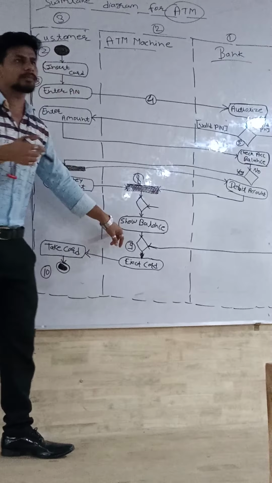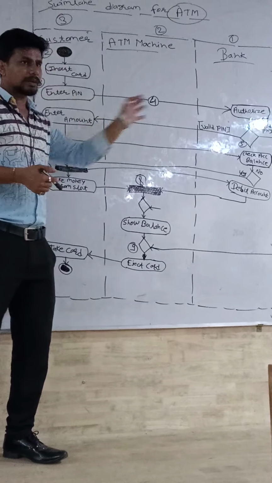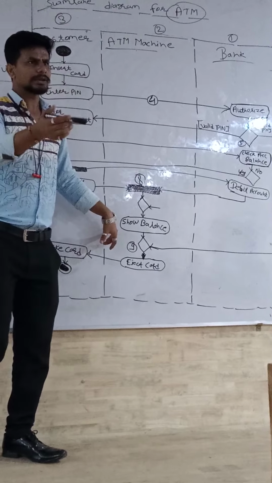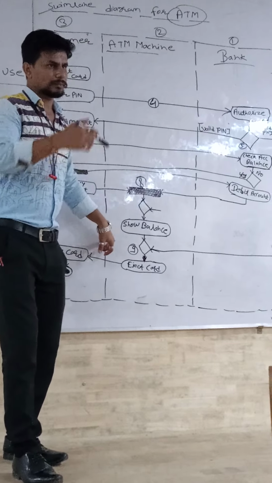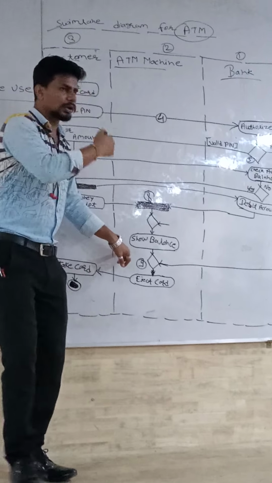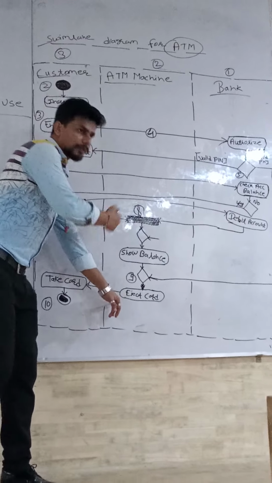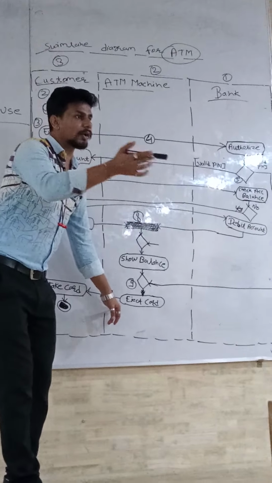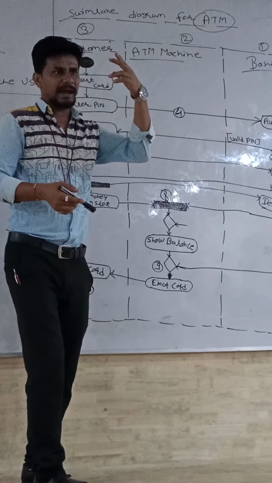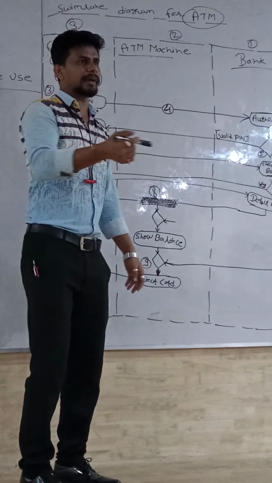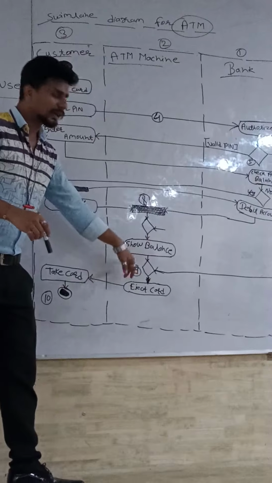This type of function will be performed only by the ATM machine, because we are not able to perform any task regarding customers or banking through it. It will be performed only by the ATM machine, because their working procedure happens only in the ATM, not by the server, not by anything else. So after that, what will happen? If you are shown your balance, you will be satisfied. If it shows that more amount has been deducted, you will directly go to the bank server to report: sir, I debited only 500, but it's showing 1000, 2000 rupees deducted. So after that, your process will be completed.